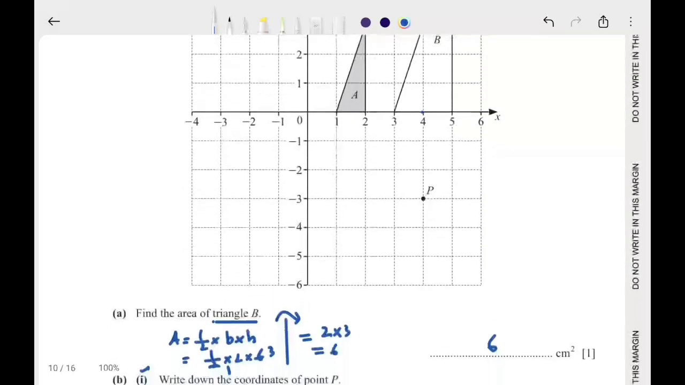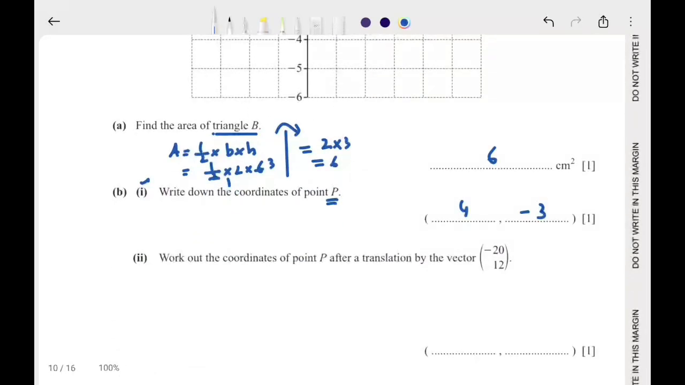Next part, work out the coordinates of P after a translation by the vector (-20, 12). Point P is translated by this vector, and we have to find the new coordinates. We know that image equals